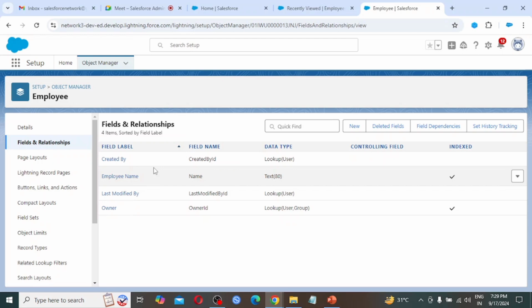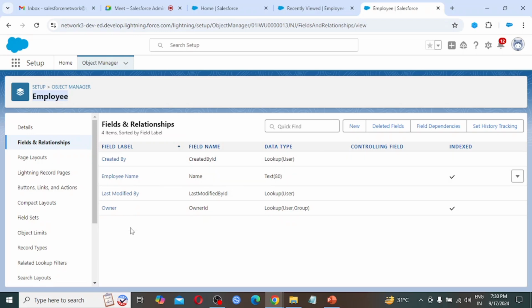Whenever we are creating any custom object, these four fields are available. Anyhow, they are going to be created at the time of creation of the object. So these are fields, these are not objects. The object is this one, so employee is an object. We had created the employee object, we had not created any fields, but these fields are created by Salesforce on behalf of this custom object and given to us.